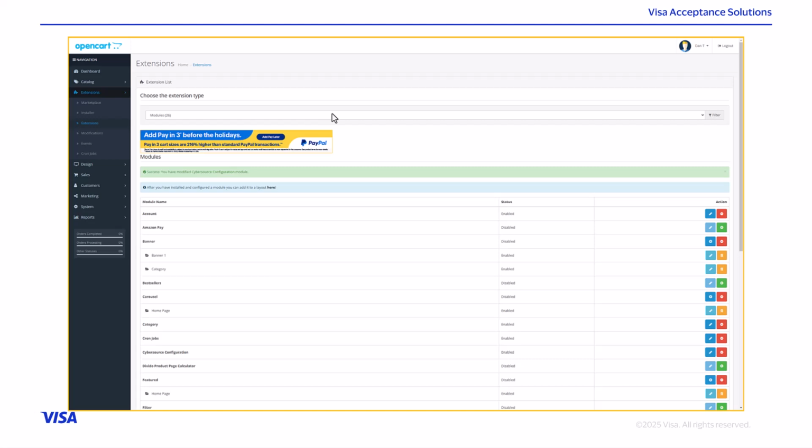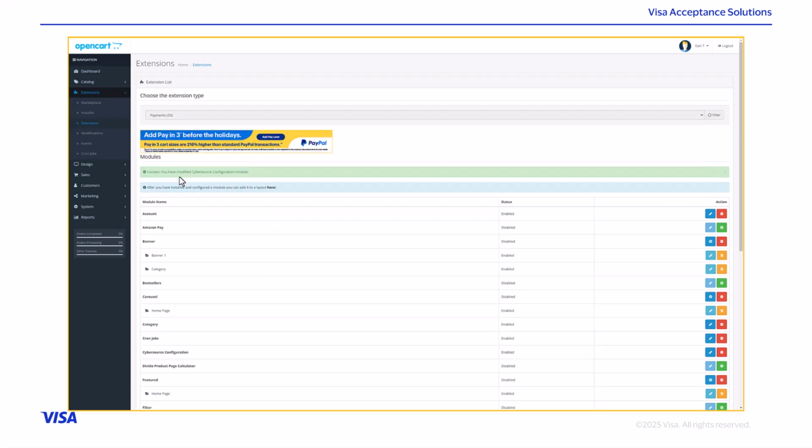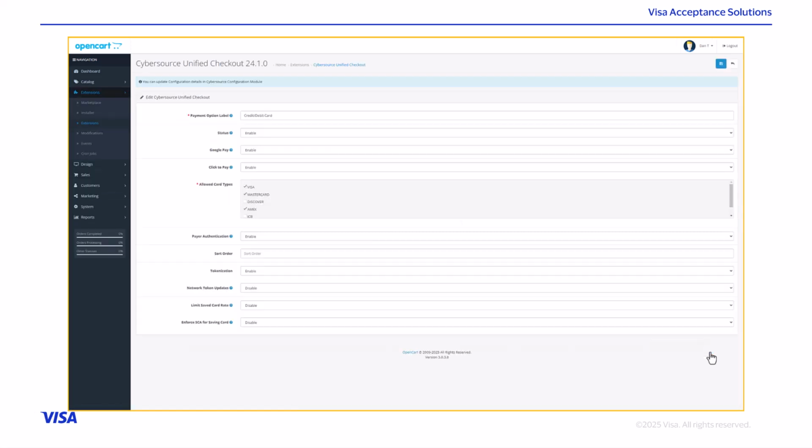With the core configuration complete, you can move on to payment configuration. Go to Extensions and select Payments, then configure Unified Checkout. Here you can choose how to label the payment method on your storefront, allow Google Pay and Click to Pay, what card types you want to accept, use payer authentication for 3D Secure processing, and offer your customers the ability to save their cards for future purchases